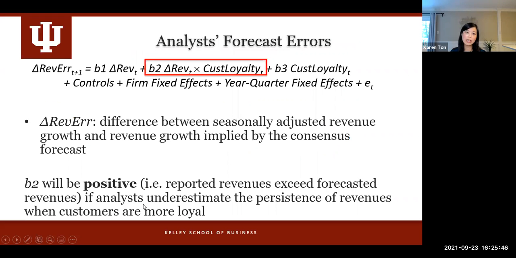So then we turn to look at whether analysts are using this information in their revenue forecasts. And again, we're looking at the interaction between the customer loyalty measure and the change in revenue, and seeing how this maps into the analyst revenue forecast errors. And the idea here is that if you see a positive coefficient on the interaction term, that means that analysts are underestimating the persistence of revenues when customers are more loyal. And that's